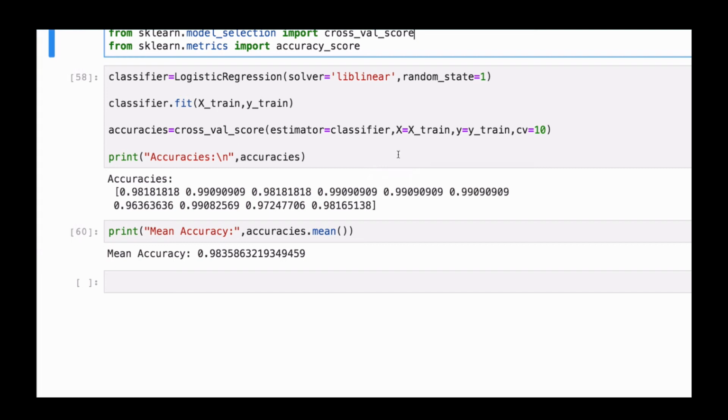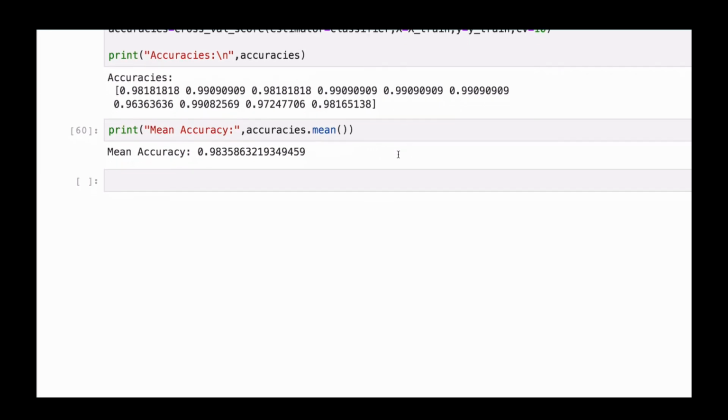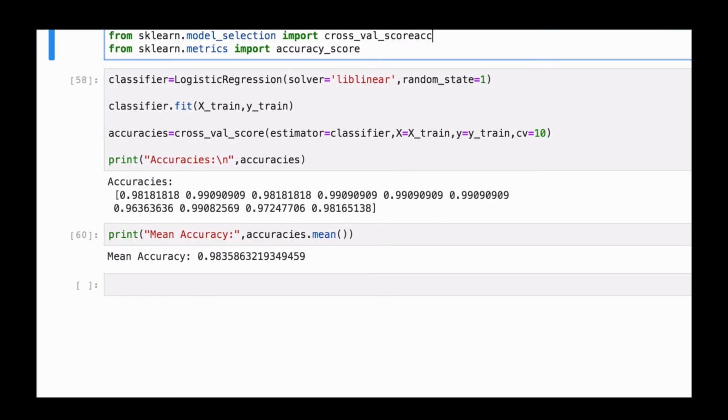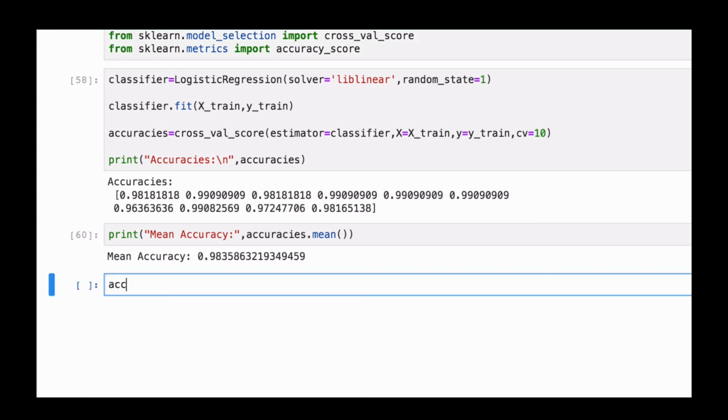So let me get rid of this, and then we can also check, maybe use the accuracy to verify this. So undo. I'm going to use the accuracy score here, and then I'll check the accuracy on the X test. Remember, X test is the data set that our